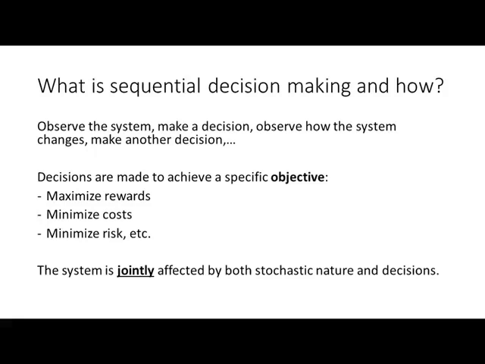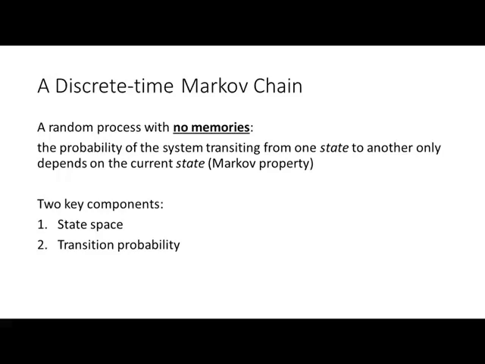And before I actually talk about how it is made up and how it works, I want to talk about the building brick or the foundation of Markov decision process. It's a discrete time Markov chain. What is a Markov chain? A Markov chain is actually a way to describe a stochastic system. And this system, well, it's a random process and it's memoryless, meaning the probability of the system moving from one state to another state in one time step is only dependent on the current state the system is in.